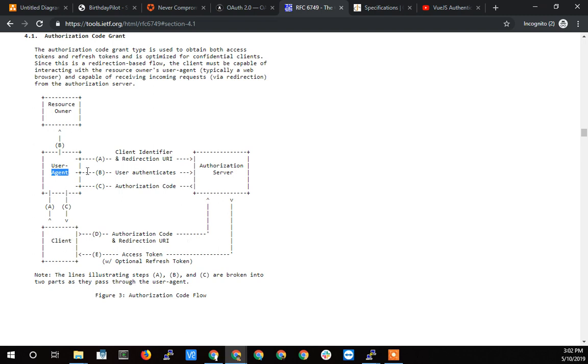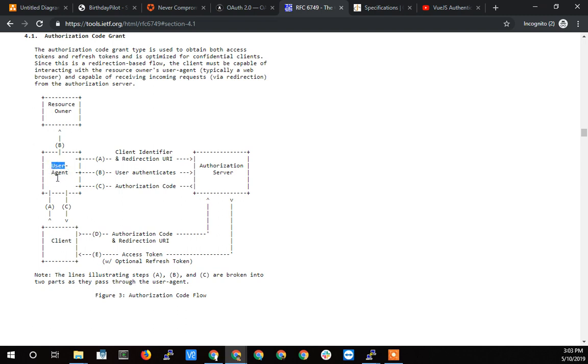Now that token, you see the code comes to here. This thing passes the code over to the client, which is the backend server, and now the client goes and gets a token back. And this code which was available on the user agent is no longer useful. It's gone. It's a one-time code that nobody can use again. But it was in the public wild for a second. Now it did go through an HTTPS connection, so it's not totally insecure,